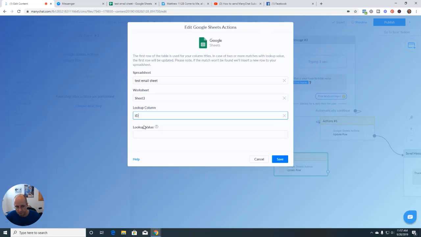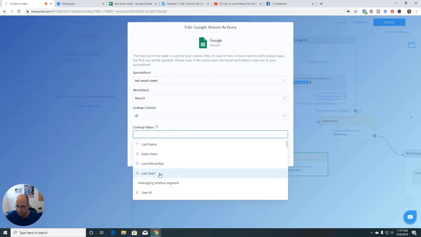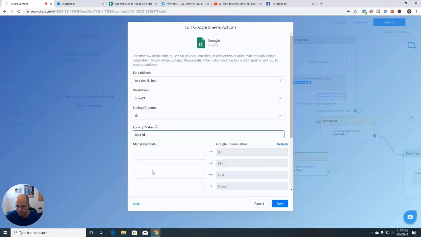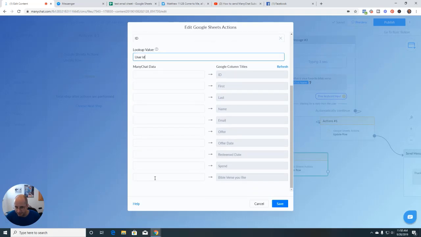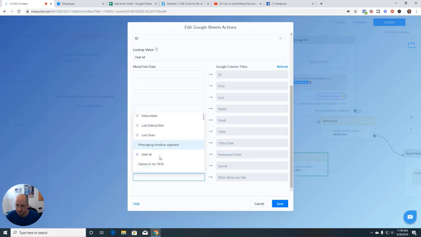And that would be something you stored when you added the record. Now the lookup value, so this lookup value will be searched in the lookup column. We're going to use the user ID right here for looking up. So whoever the subscriber is doing this action, we're going to use their ID, and then we're going to update this Bible verse you like column with the answer where we stored what they entered,